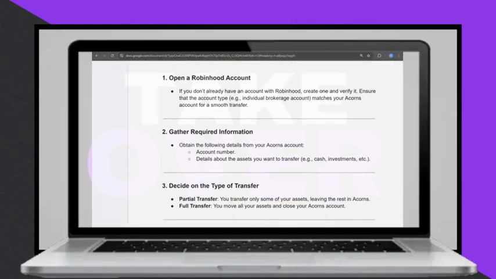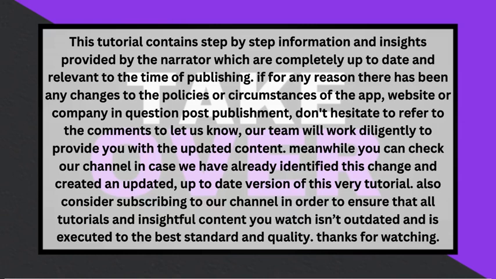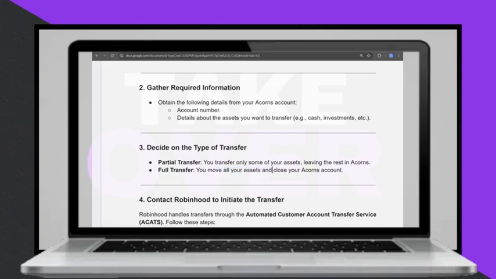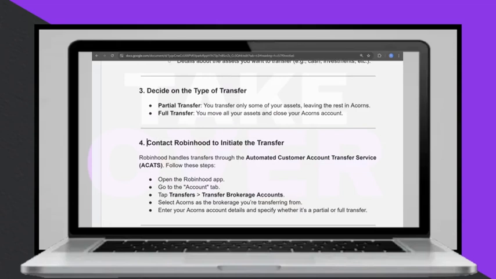The type of transfer must then be decided upon. A partial transfer, which involves moving only some assets, or a full transfer, which involves moving all assets and closing the original account. The transfer can be initiated by contacting the new brokerage firm, which handles transfers through an automatic